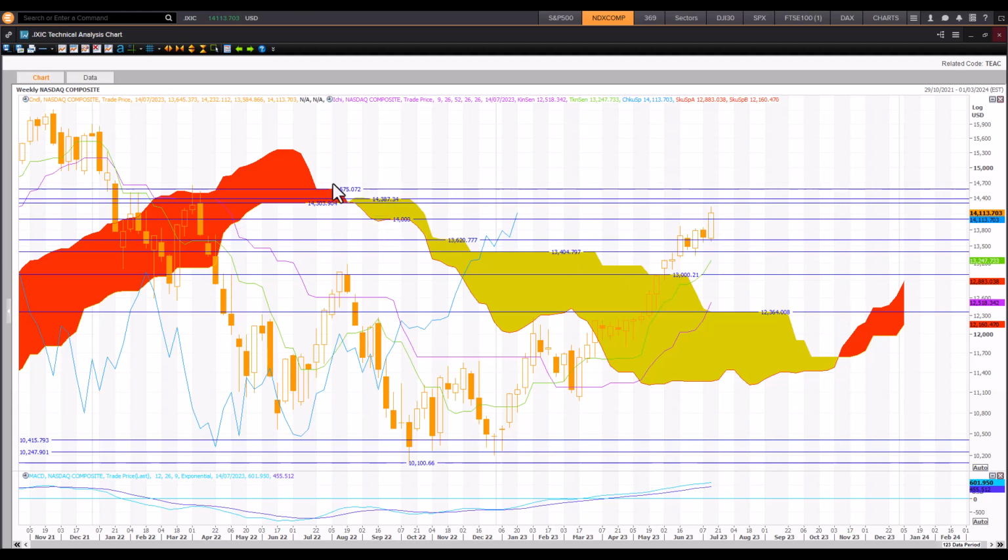Upside risk target, resistance targets are this cluster of resistance from these old cloud chart levels here. So they remain significant resistance zones for the market to get past. Now turning to the daily,